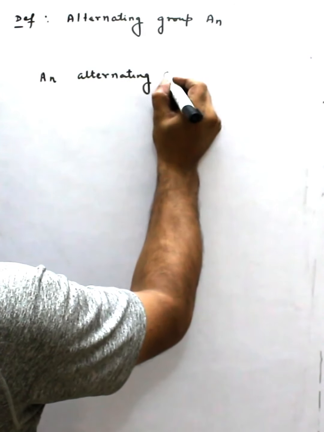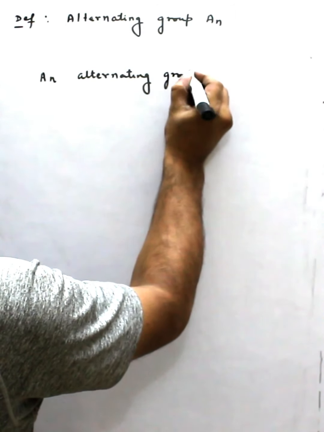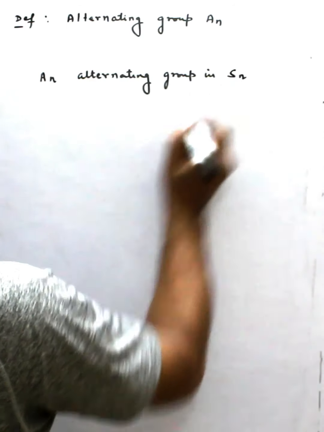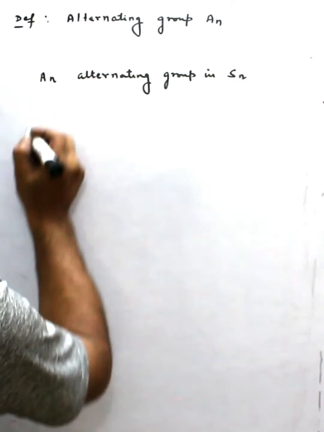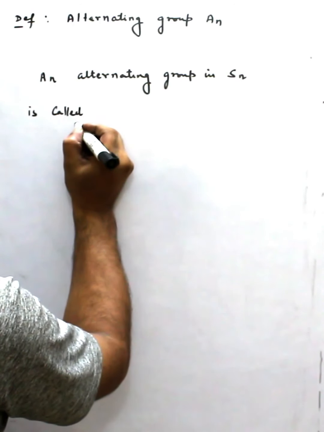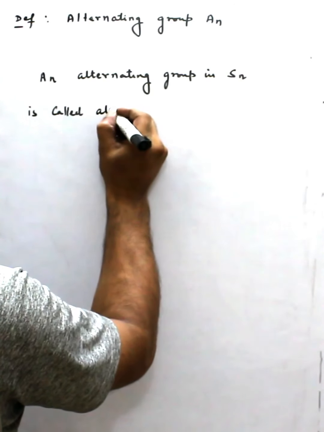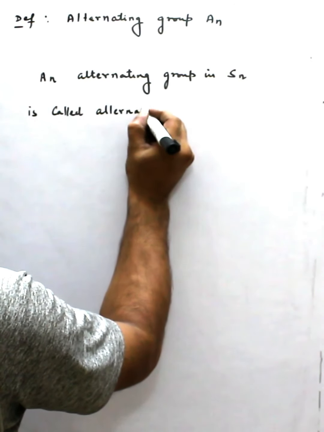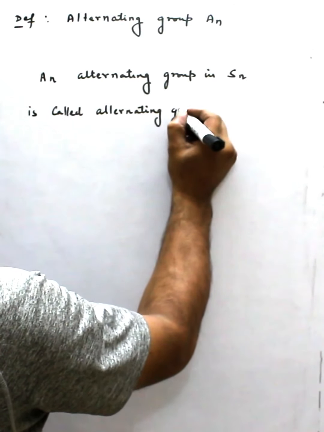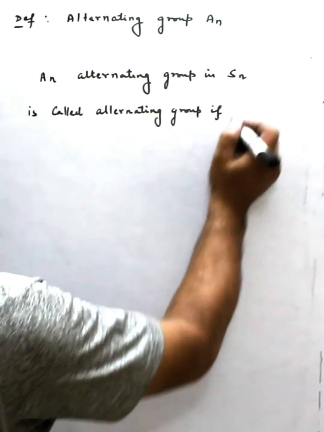Alternating group, or subgroup in Sn, is called the alternating group if the